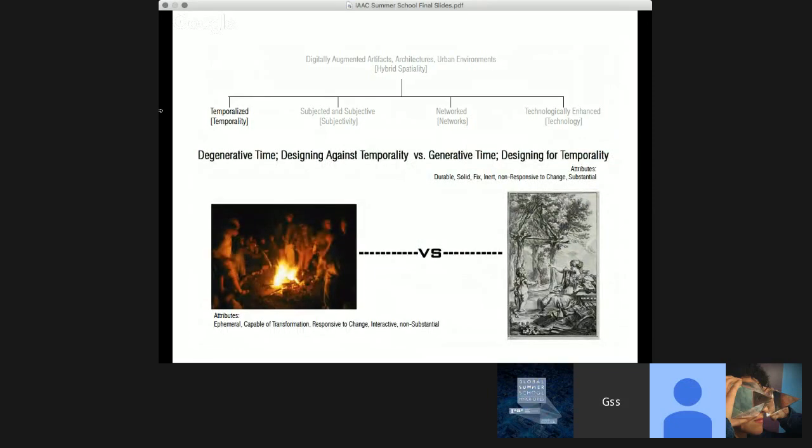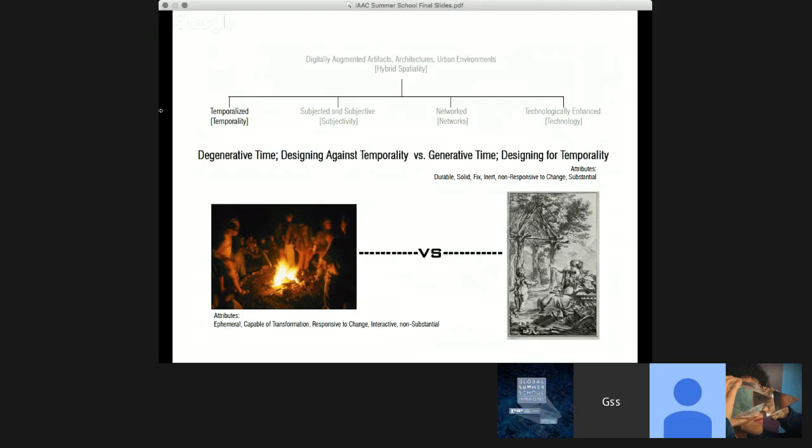But what do I mean when I claim that such spaces are temporalized? Throughout history, architecture has primarily been about erecting durable structures that resist the degenerative impact of time. In digital augmentation scenarios, however, time is generative and pregnant with perpetual eventfulness.